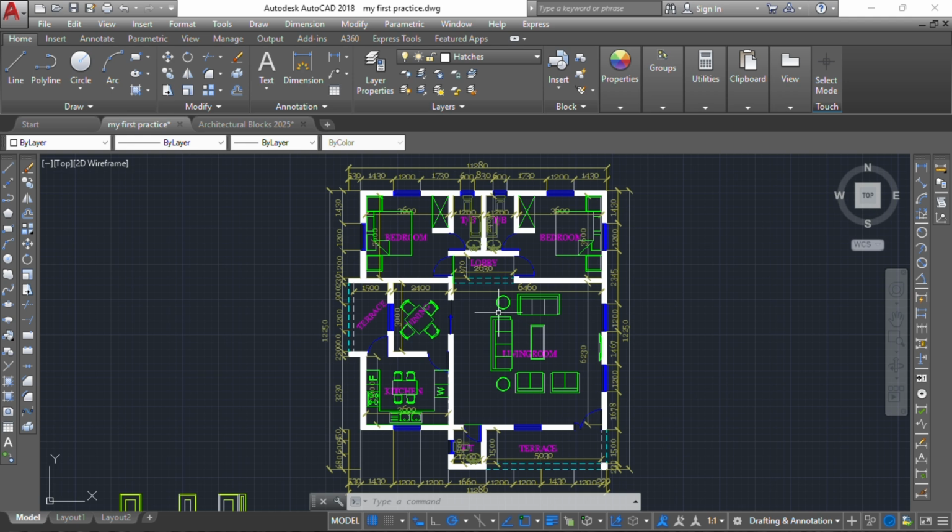And apart from that, we also create a sectional area on our plan, which will guide us on how we are going to create our section for the plan. When you are making a standard design or working drawing for your clients, there are some key documents that are needed. The first one is the site plan,